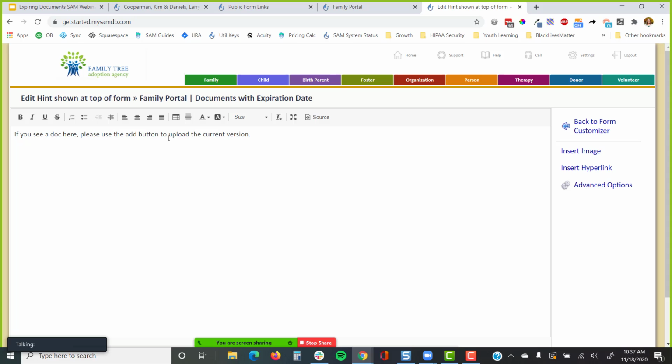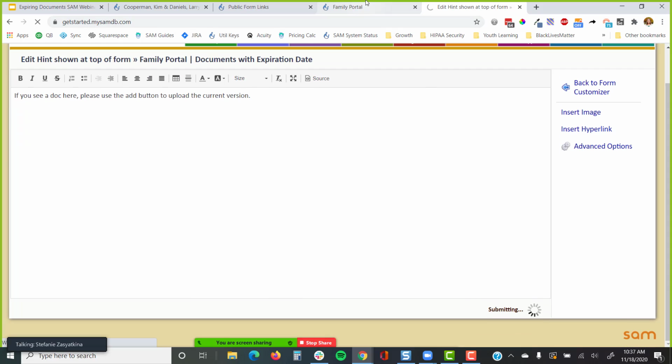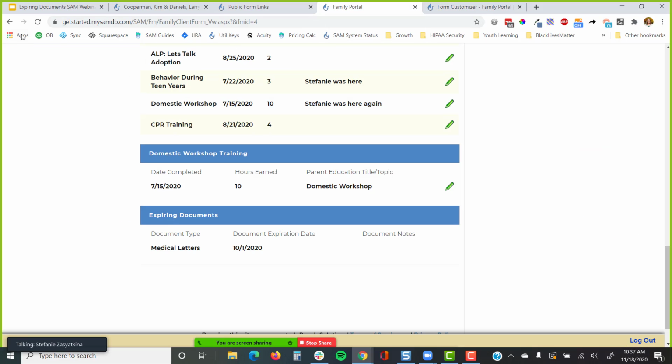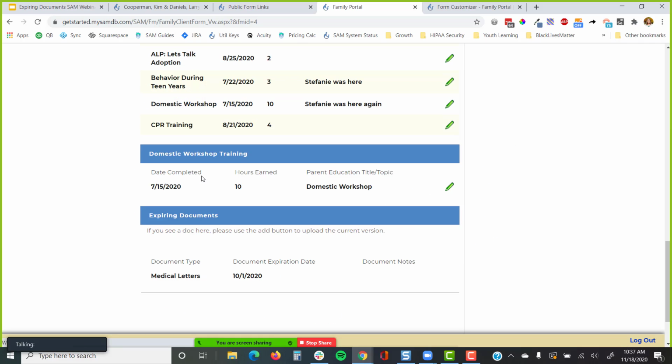Okay. Putting some space, I think, helps. I'm going to show that so that you're all clear of every time I make a change, it shows up automatically, and you can communicate within the forms to the family. Hopefully that helps reduce some of the calls. So let's go and